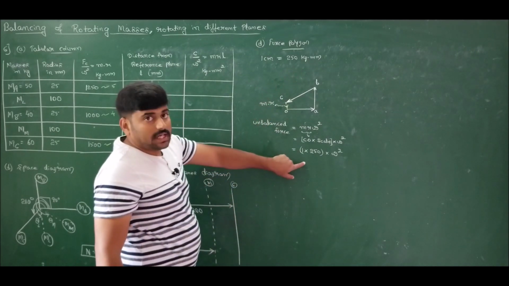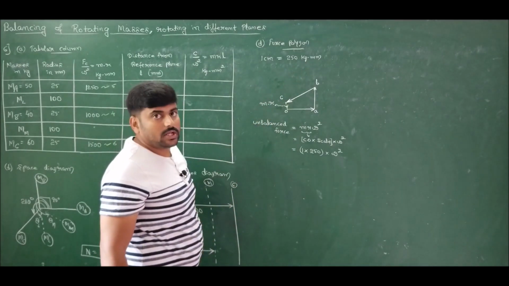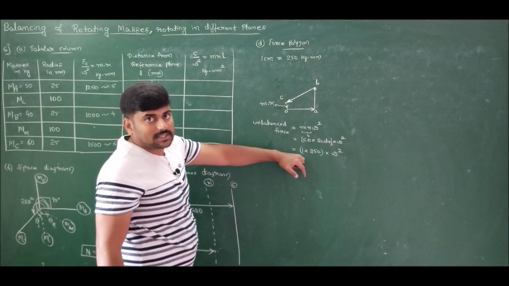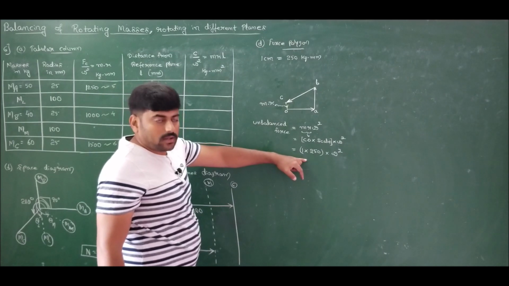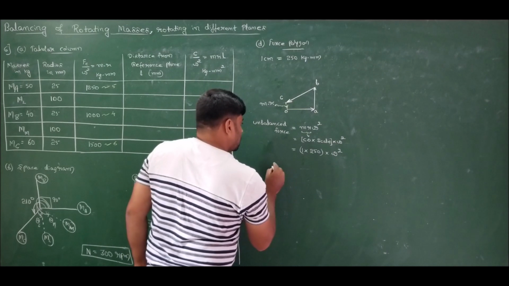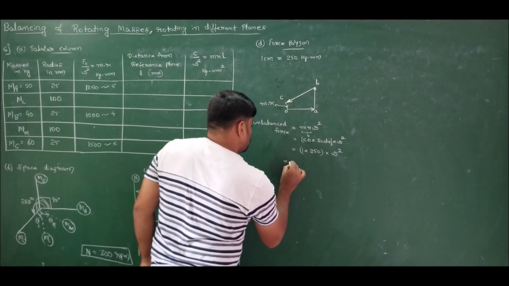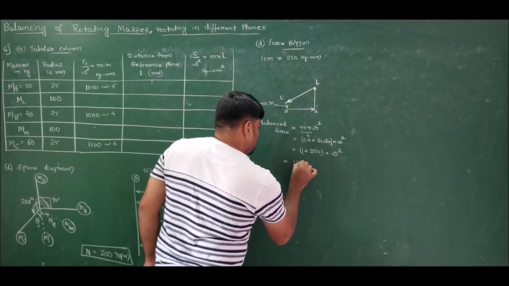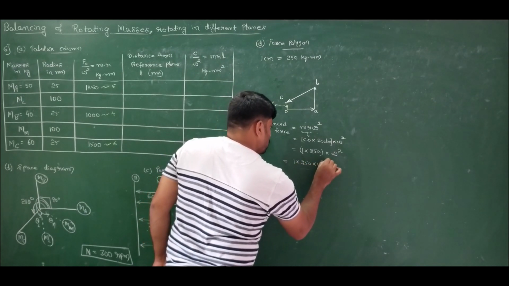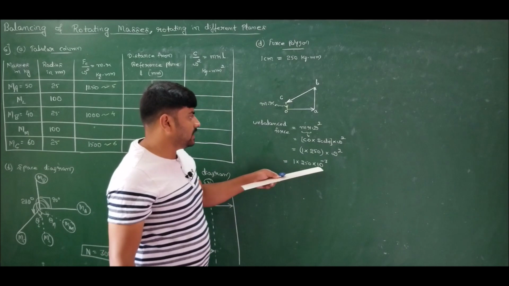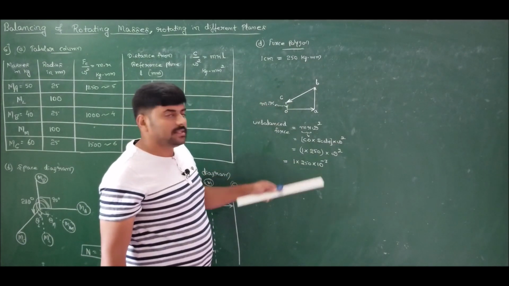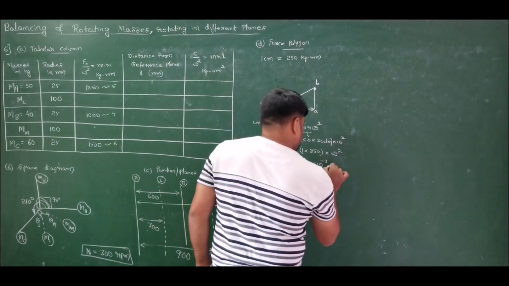But I should substitute in kg meter. Then only I will get the unit in newtons. So this is in kg millimeter, but I should substitute in kg meters. So I should raise 10 power minus 3. Convert this into kg meters, then only I will get the correct answer. So unbalanced force will be equal to 1 into 250 into 10 to the power of minus 3. Hope you understood why I am multiplying 10 power minus 3. Because this is in kg millimeter, I should substitute in kg meters. Into omega square is